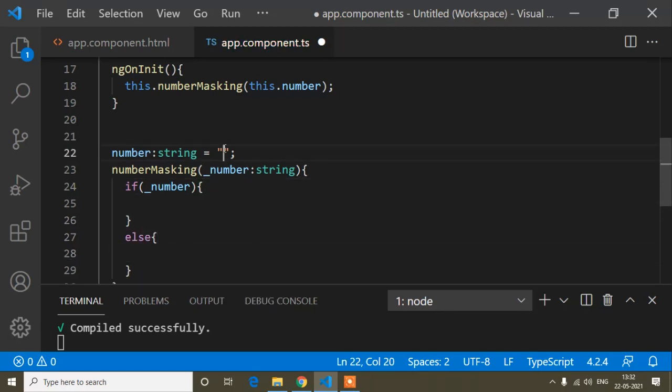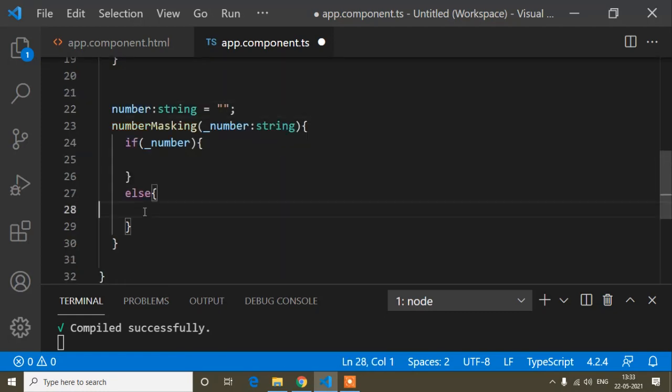But when I get the number, I will write it inside this if condition. When the number is blank, I will put the condition inside this else part, because here I have written that when I get the number, I will write the if condition, and when it is blank, I will write inside this else part, because when it comes from the API, sometimes the number may come blank. Okay, so I hope you understand.